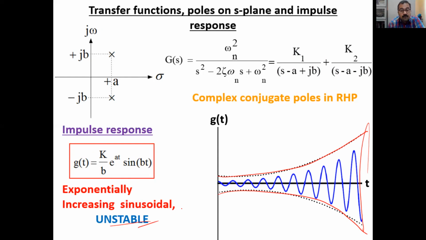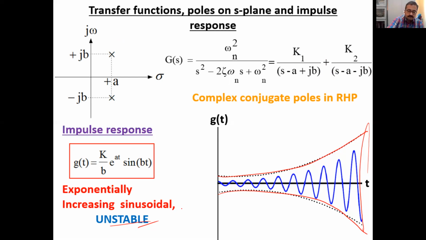So we had seen 4 cases. Whenever we had poles in the left half, the system was stable. The impulse response decayed as time t tended to infinity. But if the poles are in the right half, what happens? The impulse response grows exponentially, which means the system becomes unstable. So for stability, we can say that the poles are in the left half of the S-plane, or in other words, if the poles have negative real parts, the system is stable. If the poles are in the right half of the S-plane, or if they have positive real parts, the system becomes unstable because the impulse response will grow exponentially.